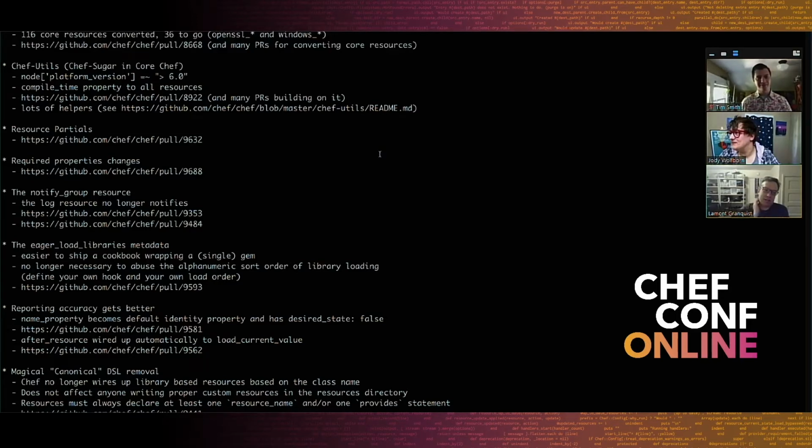Okay, so I made this list this morning of stuff that I did that went into Chef 16, or in some cases went into Chef 15 as well, but is sort of landing in Chef 16 as a major thing. So one of the biggest things is unified mode, which is a switch in resources so that you can turn off the two-pass parser, the compile and converge modes within the resource.